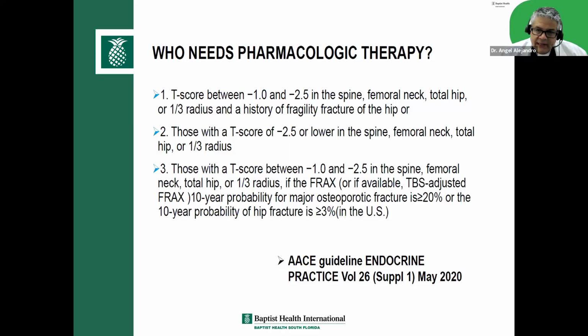And then, and this is what I want to spend a little bit of time on, what about those patients with osteopenia? Well, you can calculate a FRAX score, and if their 10-year risk of major fracture is greater than 20%, or if their 10-year risk of a hip fracture is greater than 3%, then treatment is recommended. Now, this says in the US, and that's important because the FRAX calculator is country-based. So you have to pick your country. I don't think Guatemala's on the list, but a lot of countries are there, and you have to pick your country first and then calculate the FRAX score.